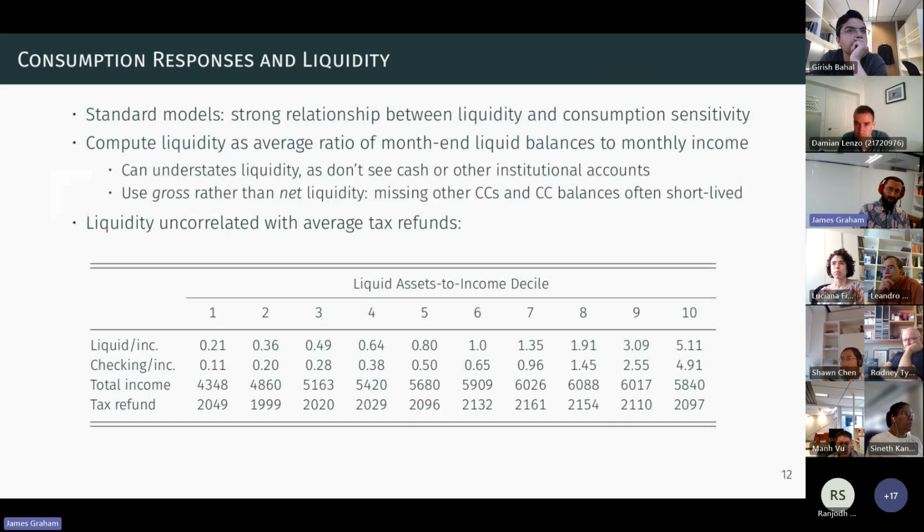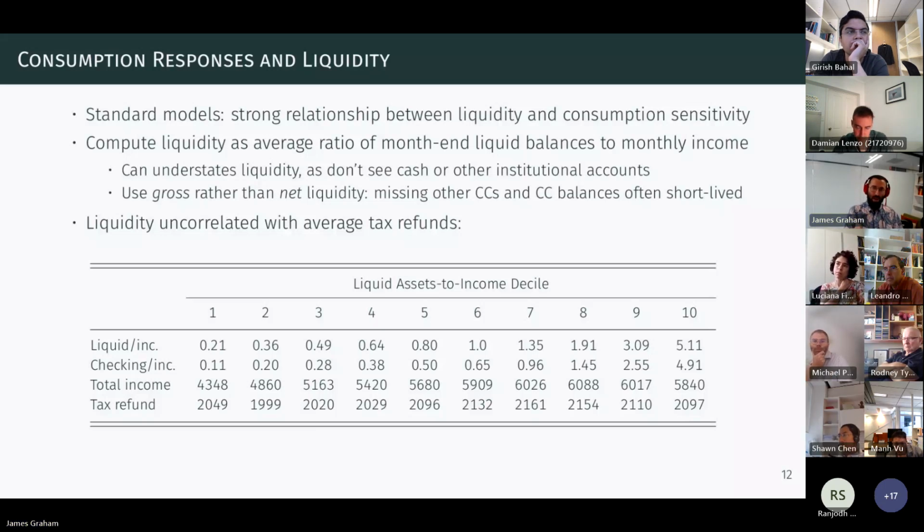This table here is just showing you deciles of the liquid asset distribution. I'm going to scale everything by income though, because we only care about liquidity to the extent it might be helpful for smoothing your income as it fluctuates. So for example, at the bottom of the liquidity distribution, households only have something like 1 week's worth of income in their checking and savings accounts. Whereas at the top of the liquid wealth distribution, people have something like 5 months' worth of income, nearly half a year's worth of income. So there's quite a lot of variation in how much money people have available to them in case they needed to